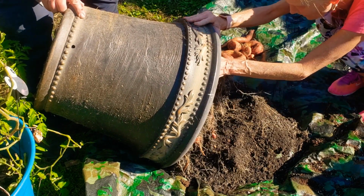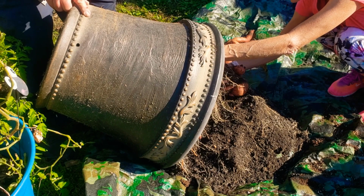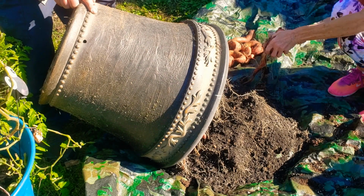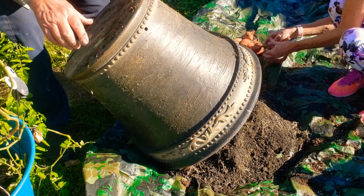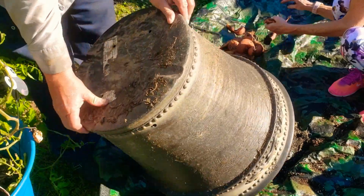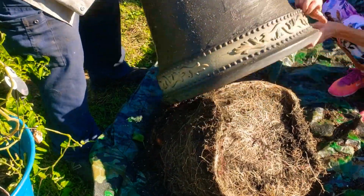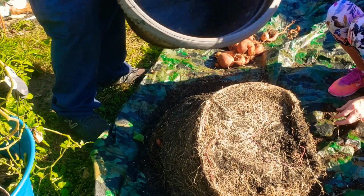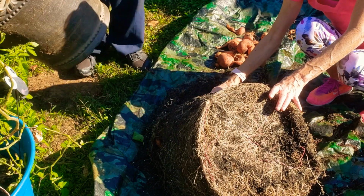I don't know if they'll all be like normal, but this is a big clump. Yeah, you're gonna have to pull. Don't dump that journal out. These little baby ones will be a little bit ridiculous, but that's okay. Okay, pot's empty. It's gonna go over there, and then